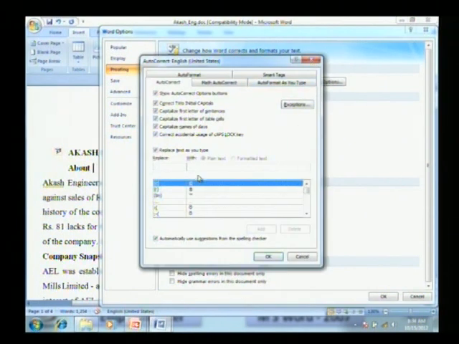So we may use this particular word here, replacing the error word with the actual word. Fine. This is a good facility for any documentation. There are various options available. I am not going to discuss much more functionality.